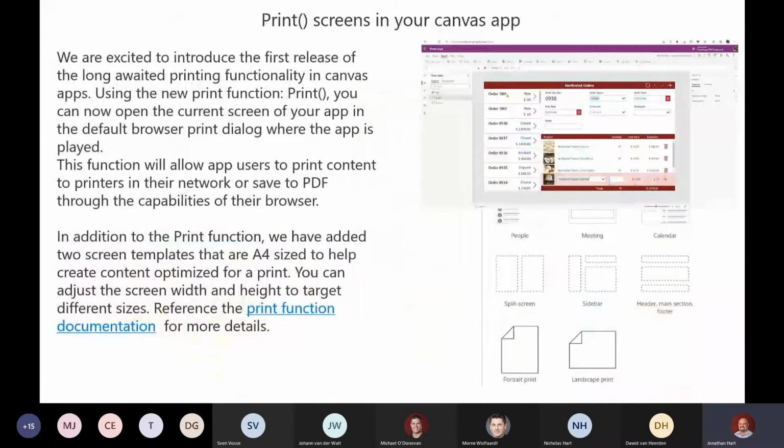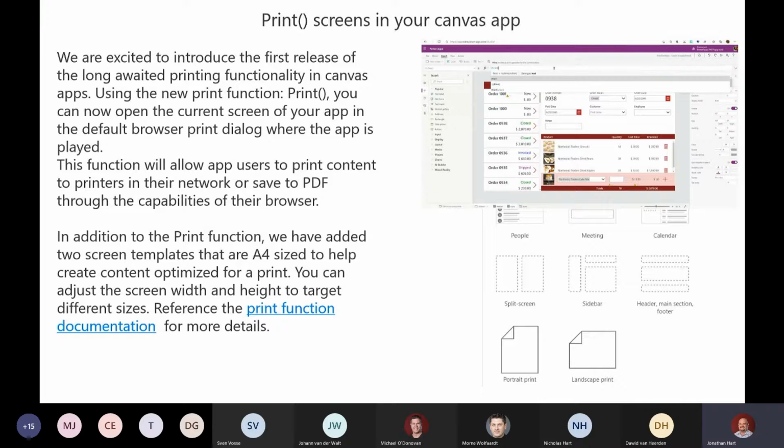Next one I came across was we now have a print function within Power Apps. Now, this is going to give you the ability to use your browser's functionality to print documents or items within a Power App. We've even added 2 new screen templates, which are an A4 size reference.